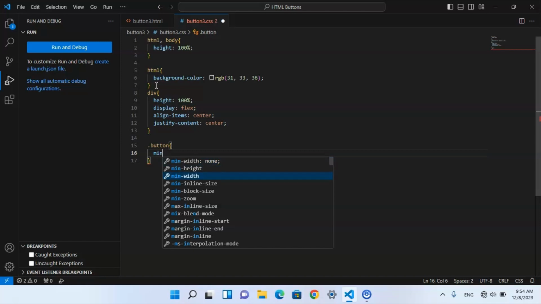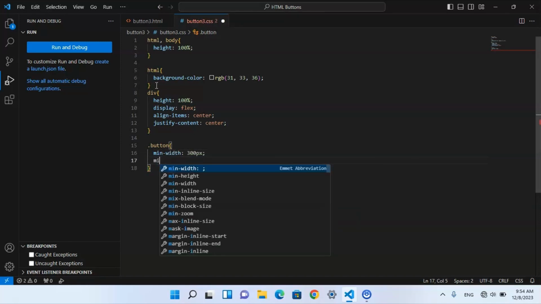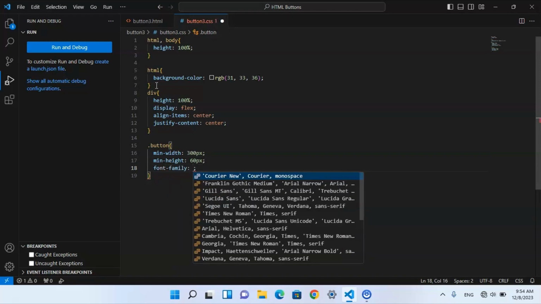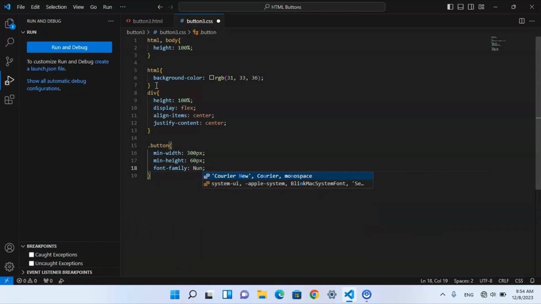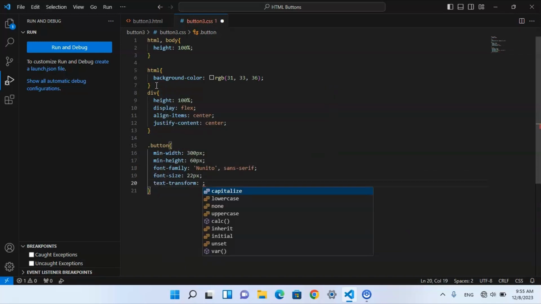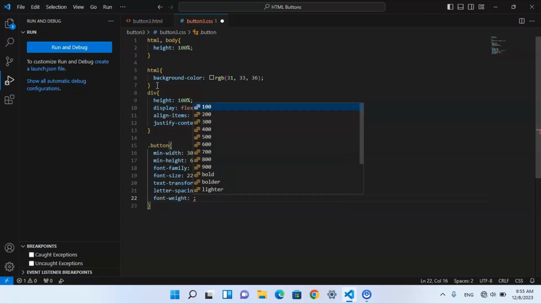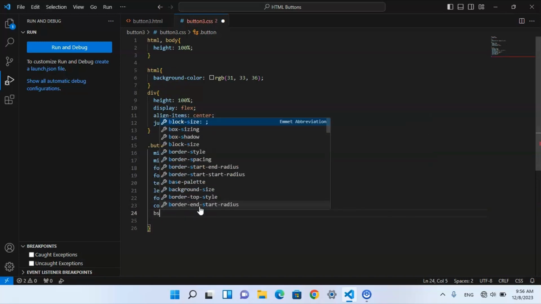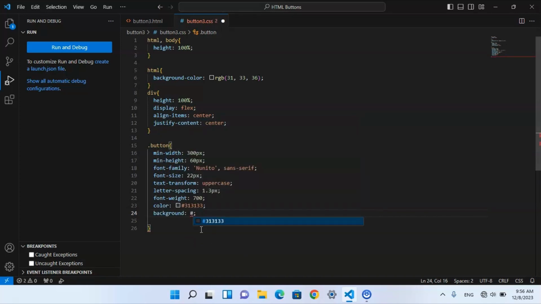Now dot and your class name button, min-width 300 pixel, min-height 60 pixel, font-family sans-serif, and font-size 22 pixel, text-transform uppercase, letter-spacing 1.3, font-weight 700, color 31, 31, 33. And select background